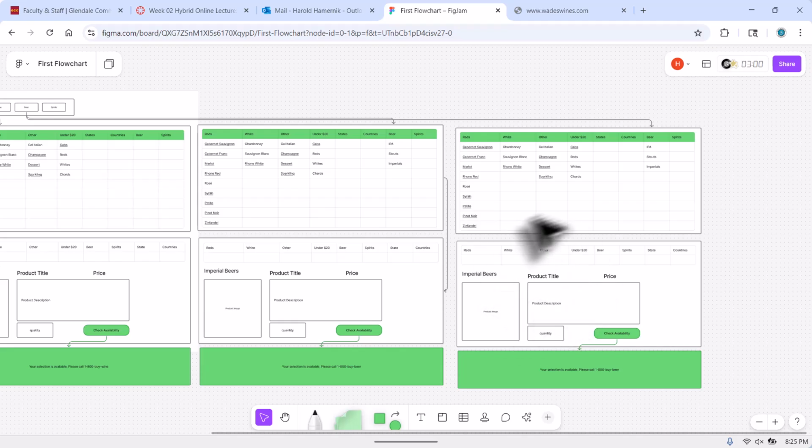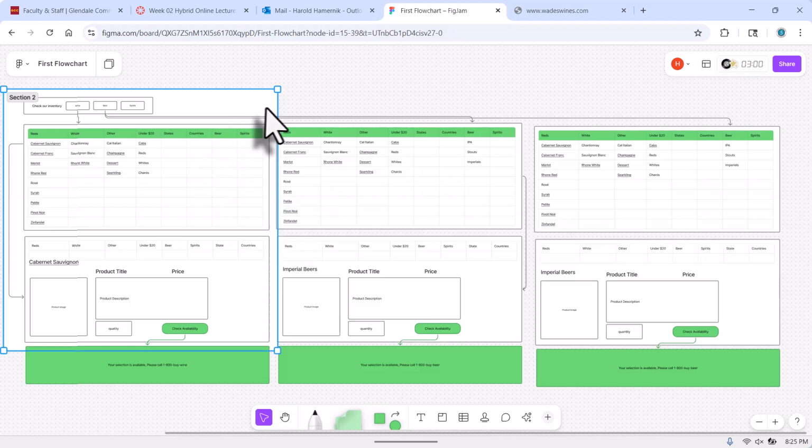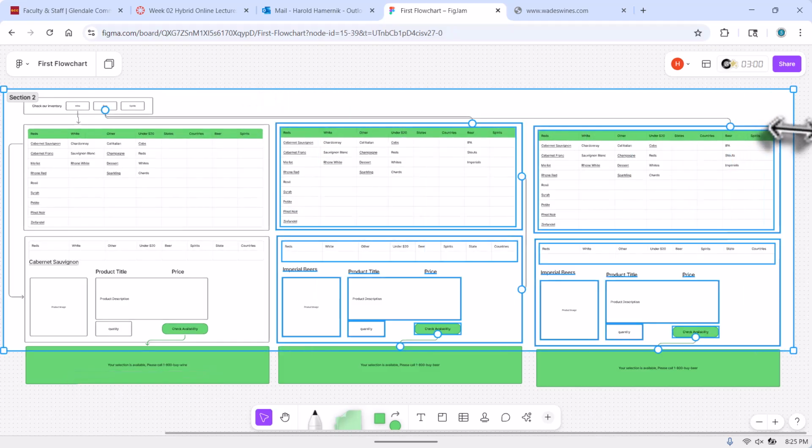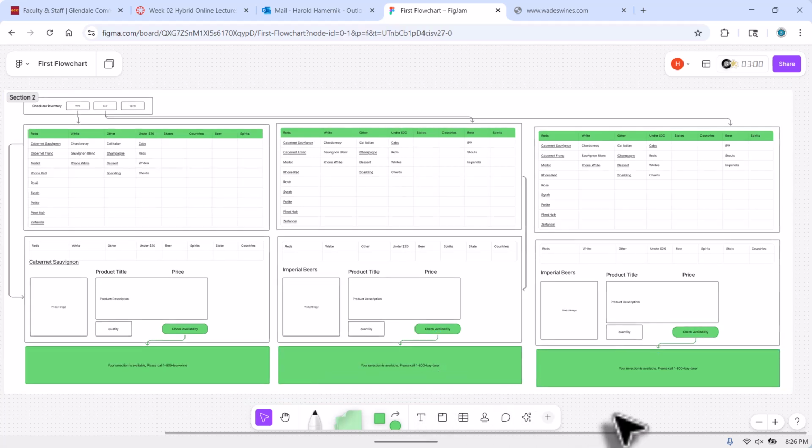Okay, so at this point now, I've got somewhat of a working workflow. Don't wait until your workflow is perfected. You're not going to be able to think of all the scenarios. Okay. The more you do this, the better you'll get at it. But what you want to do is get something that in your mind is a working prototype, and then we're going to switch out now of FigJam into Figma,